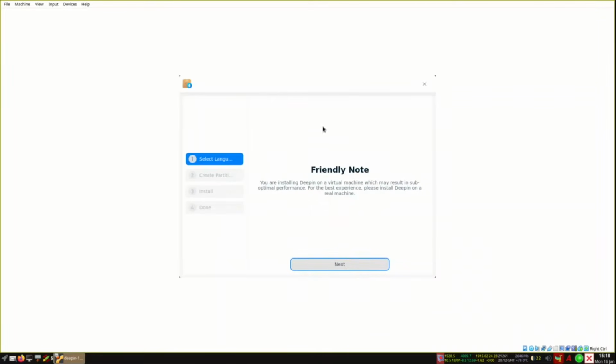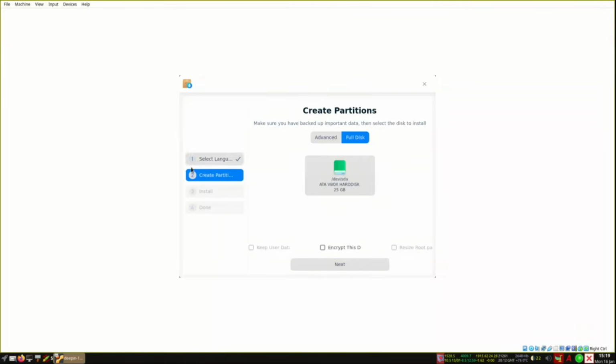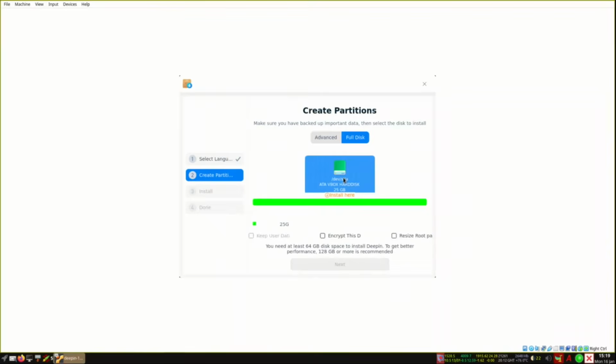Next. So here, because we are installing in a virtual machine, it is quite smart and tells us that it is in a virtual machine. It has suboptimal performance. Here the most important thing is the create partition. So here they have the default is full disk. You choose it, and you see here you need at least 64 GB disk space to install Deepin. To get better performance, 128, and this one you cannot click next.